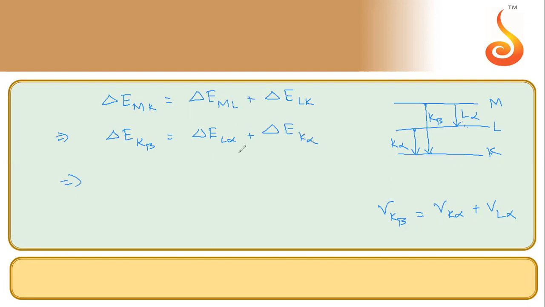Now we also know the energy of a photon is given by this formula. The difference between the energy of orbits is hc by lambda, which you can also write as h into nu. So here the energy difference for K beta will be h into wavelength of K beta X-ray, this term will be h into wavelength of L alpha, and this term will be h into wavelength of K alpha. So from here you just cancel out h. Sorry, it is frequency, I made an error. One second.